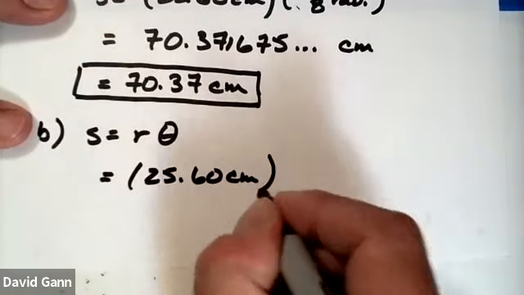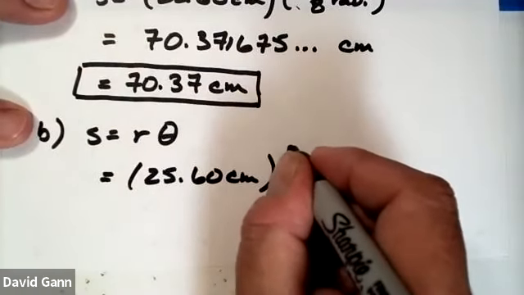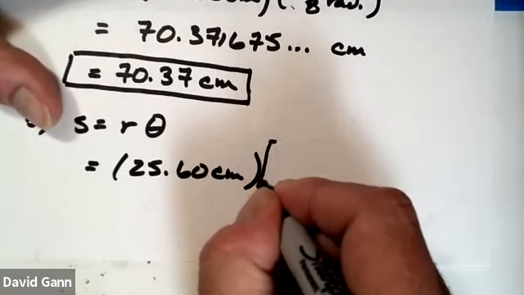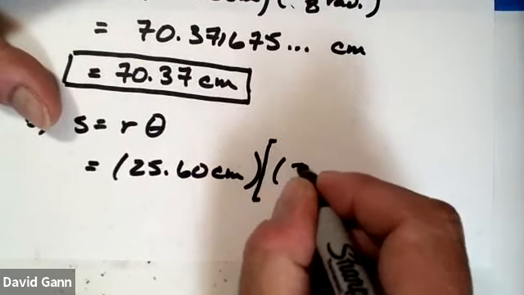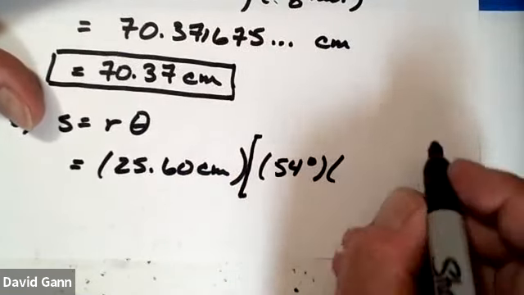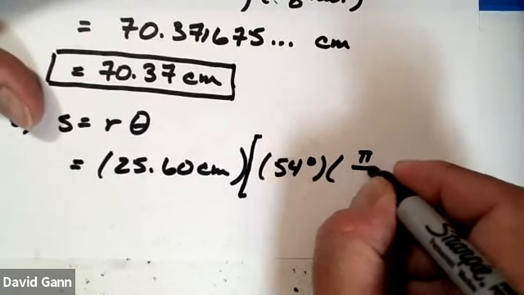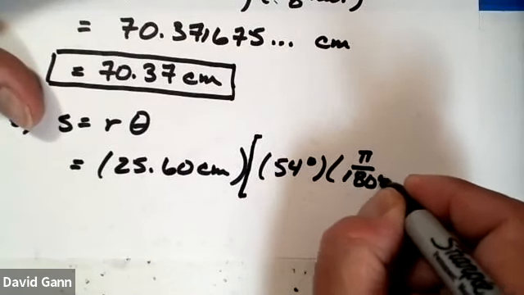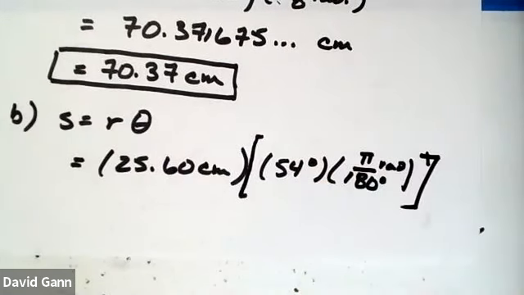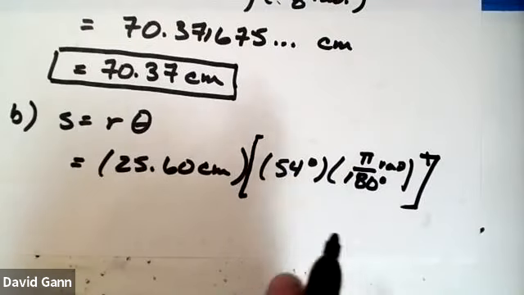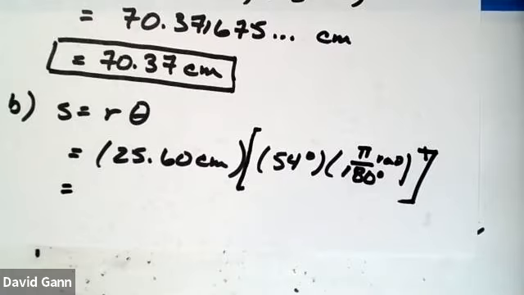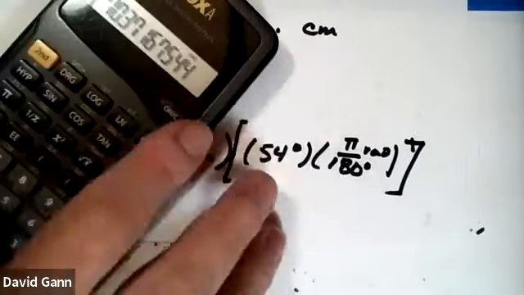25.60 centimeters. And here we'll need to do, I wouldn't normally do this, but let me bracket this off and say, this is what I'm doing. I'm multiplying 54 degrees times my conversion factor from degrees to radians. Okay, this is the conversion taking place. And so when I do all that manipulation, so I've got,